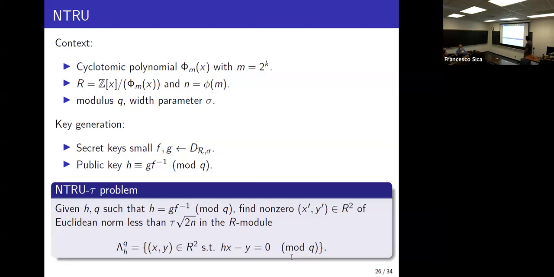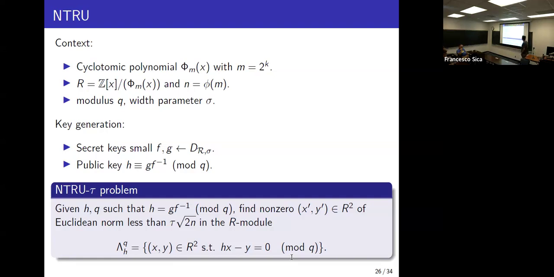We usually consider the case where the order of the cyclotomic polynomial is a power of 2. So I have a very nice form for this m. Usually it has the form x to the power of 2 to the k minus 1, plus 1. That's the general form for the cyclotomic polynomial. You can quickly search Wikipedia to see the shape of this polynomial, which I cannot remember the general form of if it's not a power of 2.